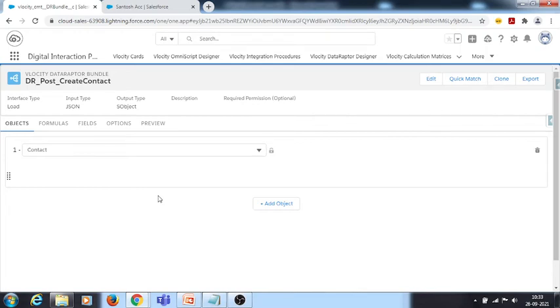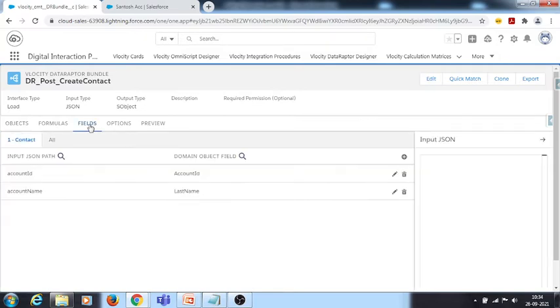Here I have already created one load data raptor with the name create contact, and I have used the contact object because I want to insert a contact record. If we observe the fields, I am giving the contact last name, since it's a mandatory field for any contact, and I am also giving the account ID to store this contact under a particular account.